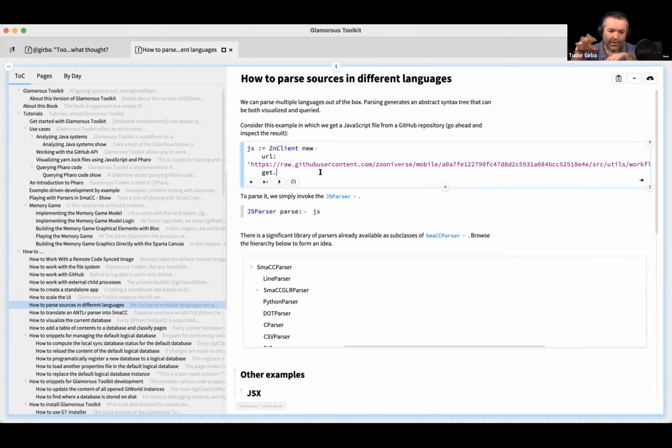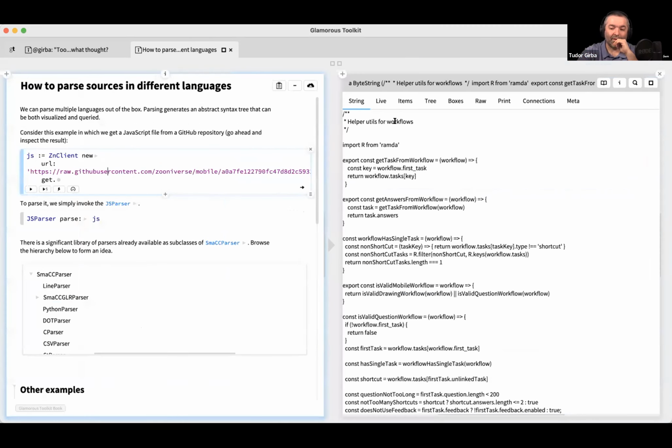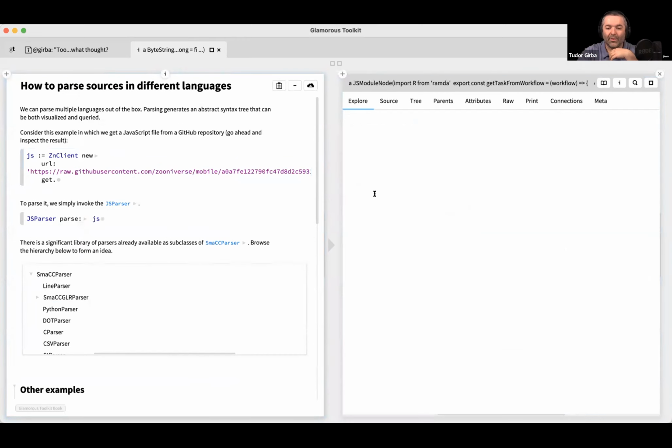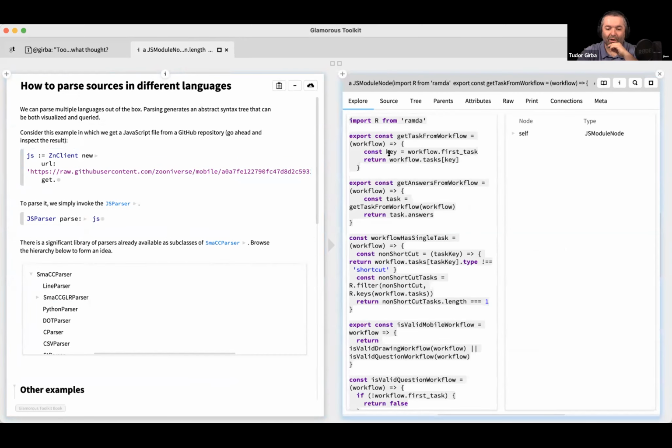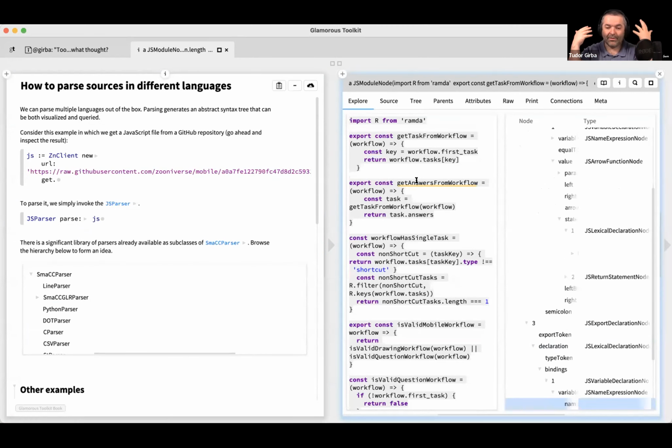But the essence here is our goal is to actually go and change programming. So, for example, this is written in Faro, and right now I have a little snippet that gives me a JavaScript string, and I'm going to parse it. And all of a sudden I have a browser for the abstract syntax tree of JavaScript. Then I can use this to write static analysis against it, which is one of the interesting use cases.